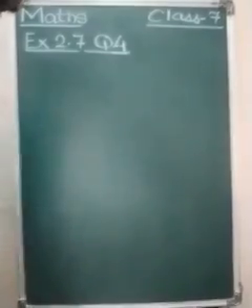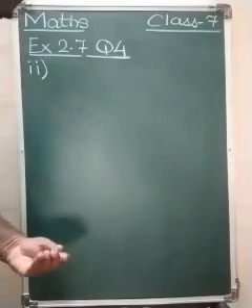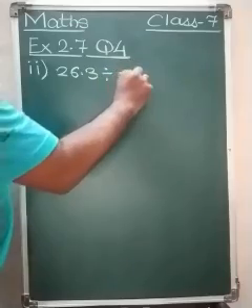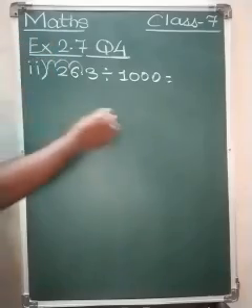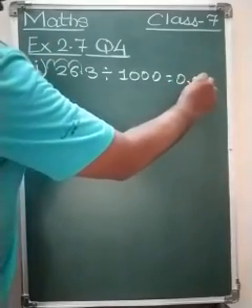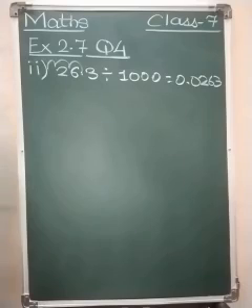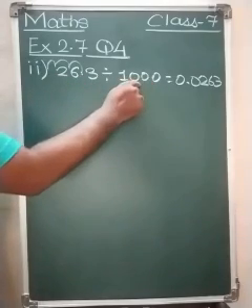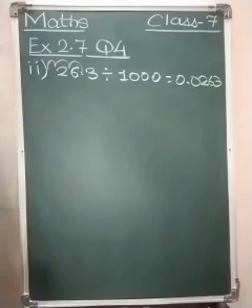Okay, 26.3 divided by 1000, second sum we will do. Try to do as many sums as possible for this exercise. So 26.3 divided by 1000. Should we write the answer orally? Let us see. 1, 2, 3. So the answer should be 0.0263. Or we can again do it easily. Here we have 3 zeros, so the decimal point will shift this side. One more 0 we have to give.